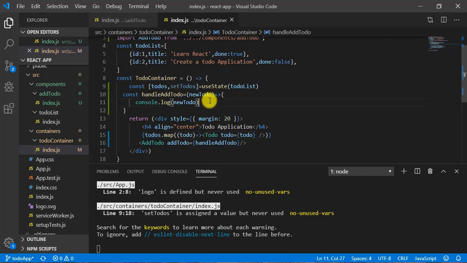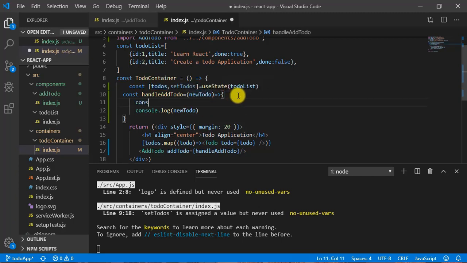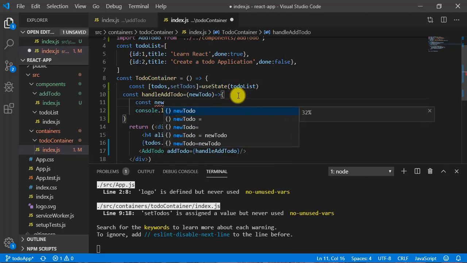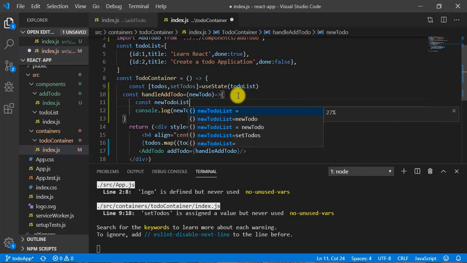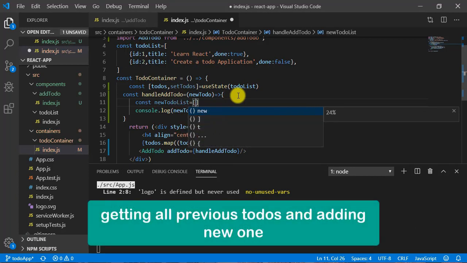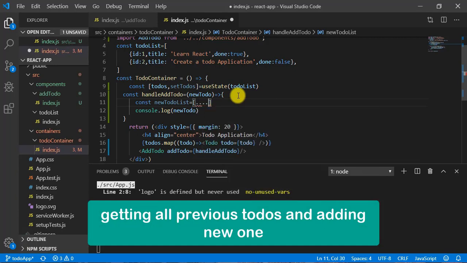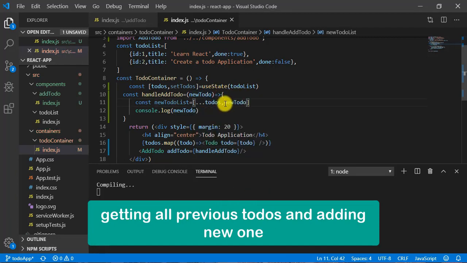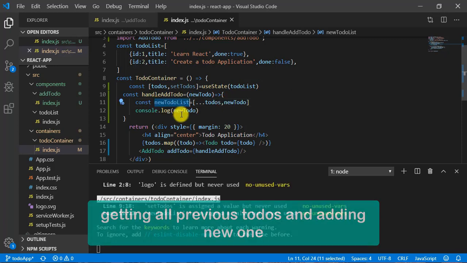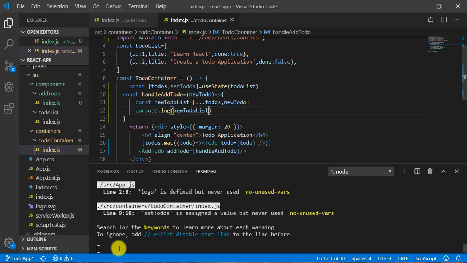So what we can do here, we need to add a todo to this one. So now we have the older value here and the new value here. So let's create a variable here, called it as newTodoList equal to, and in square brackets let's spread the old todos, comma, and write here newTodo as well, okay, and let me print this new value, okay.